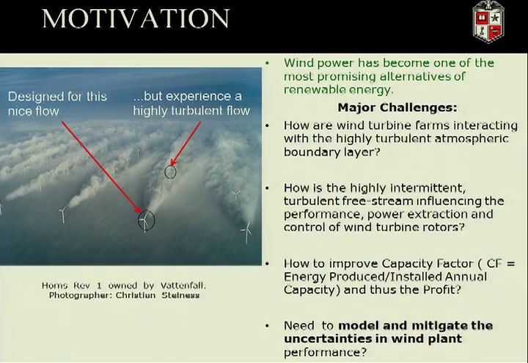Now, if we go back to this picture, you will see immediately that most of the turbines are designed for a beautiful incoming flow. You could see that this will be a nice laminar flow at the beginning. As the flow reaches the first turbine and goes to the subsequent turbines, what you see is a turbulent flow. In fact, what you see is a boundary layer and a spectrum of scales that are interacting with the turbines behind. What does that mean?